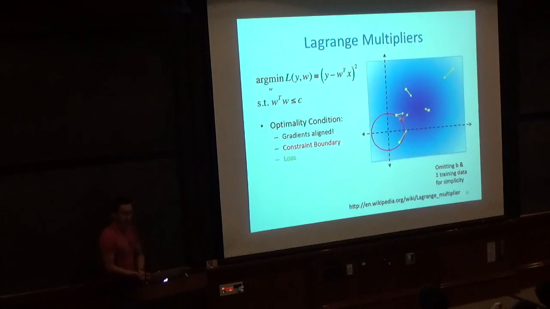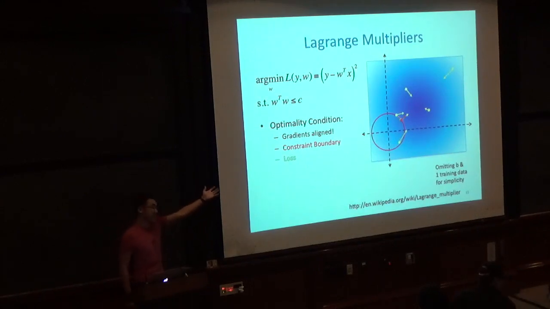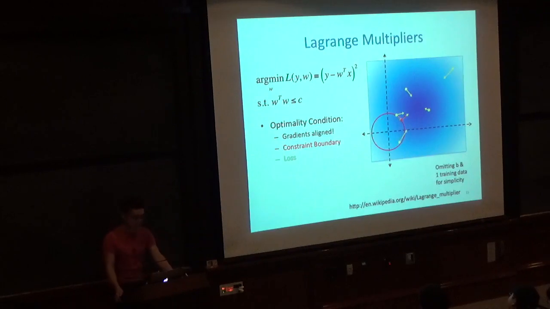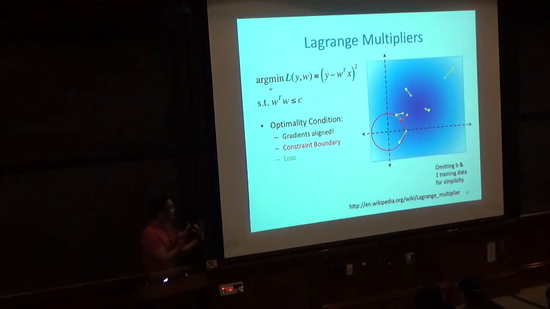So the optimality condition, and by the way, this is basically the intuition behind Lagrange multipliers, is that we have some sort of constraint. In this case, it's the boundary of the model class, and we're not allowed to learn a model that lies outside this boundary. The optimality condition is that the gradients are aligned: the tangent of the constraint boundary and the gradient of the loss function are exactly parallel. That is a sufficient condition for optimality. There are a couple other conditions, but that is one of the sufficient conditions you need.